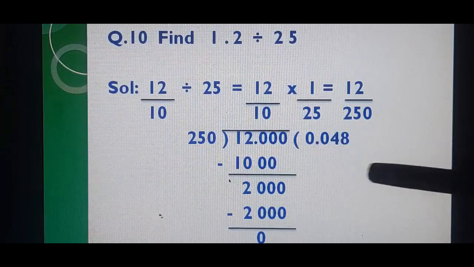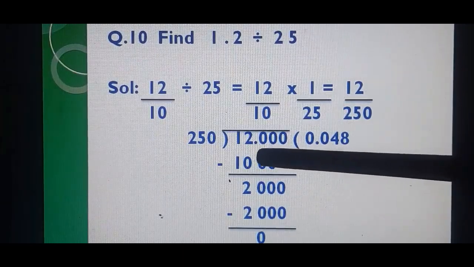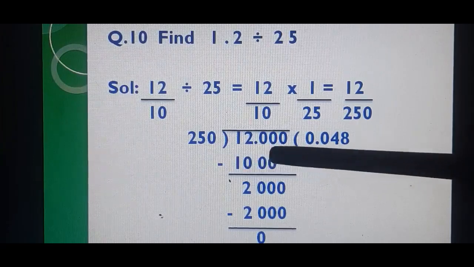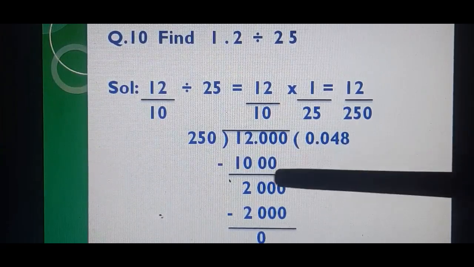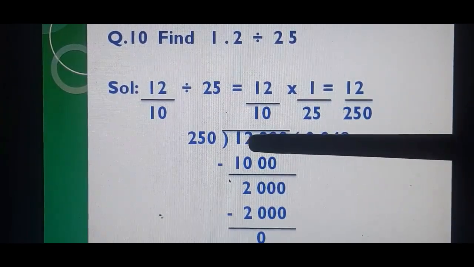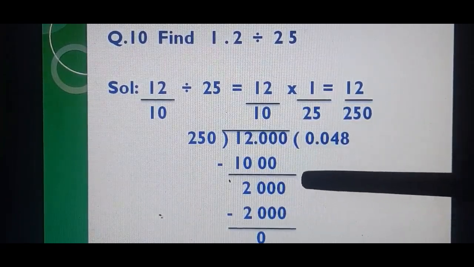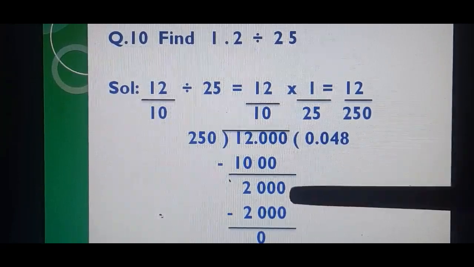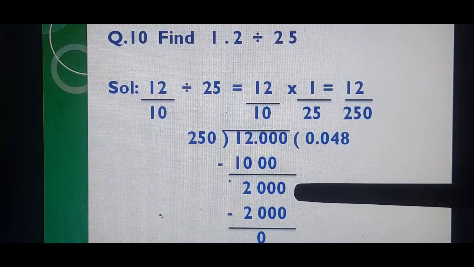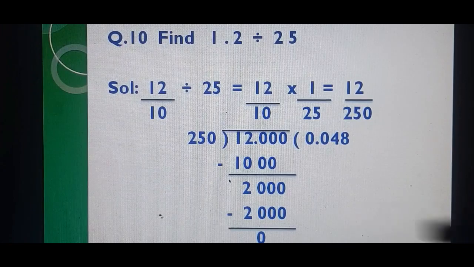Now division is not possible, so put the decimal and include 0 here. Now it is 120. Again it is less than 250. Take one more 0. 250 and 1200. So 250 4s are 1000. Now 0 minus 0, 0. 0 minus 0, 0. 2 minus 0, 2. 1 minus 1, 0. Now 200. We don't want a remainder, so take one more 0. Now the number has become 2000. 250 8s are 2000. 2000 minus 2000, 0. Now the remainder is 0. Division is completed.